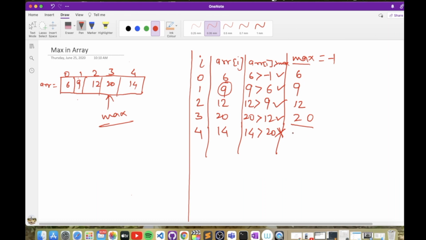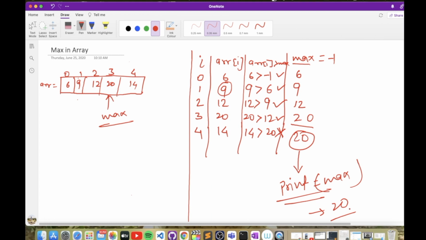So at the end, what will be our max? That is 20. So at the end we print the max, that is 20. Got it? So let's jump to the code. We will see the implementation part also, correct? Before that I am writing the pseudocode here so you can understand. I will traverse a loop from I equal to 0 to